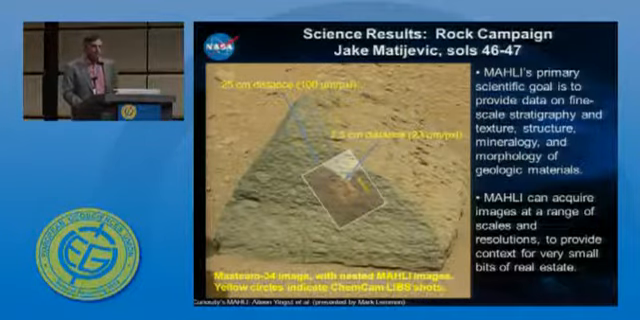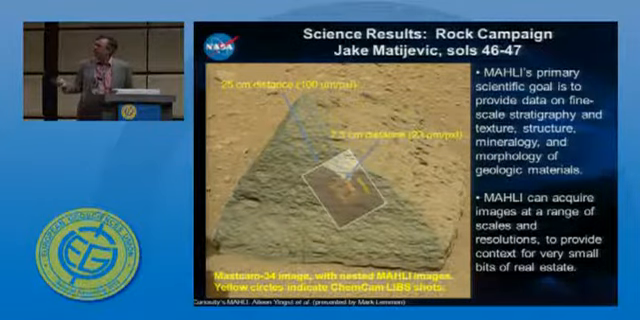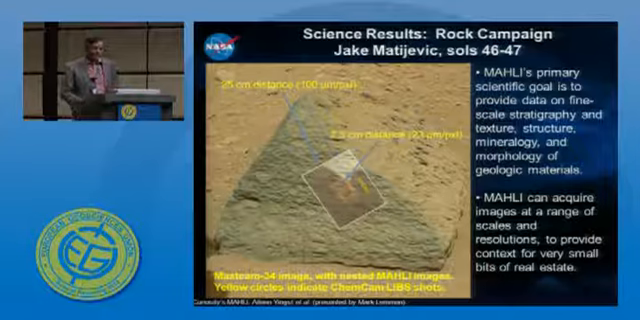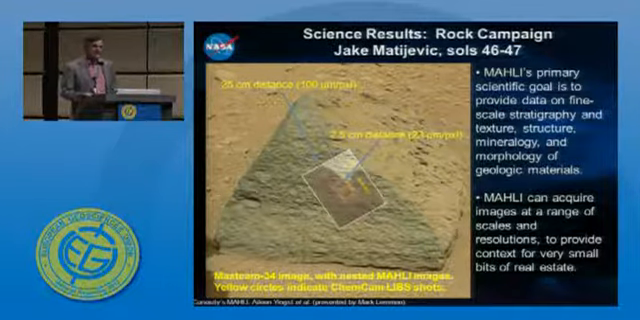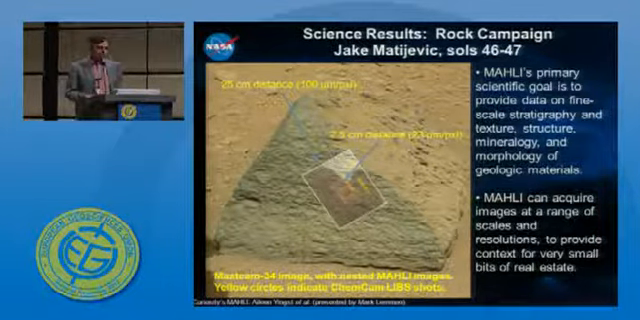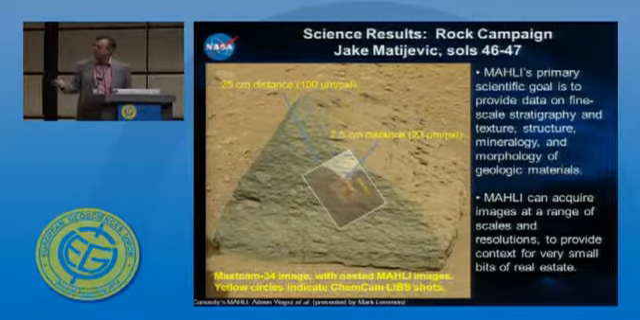MAHLI, of course, is at its element when it can zoom in and give us what we want to see. So what we want to do is get the finest scale stratigraphy, look at the texture, look at the color, look at the morphology of things down at the tens of micron to 100 micron scales. So here you see an example of how a MAHLI investigation proceeds